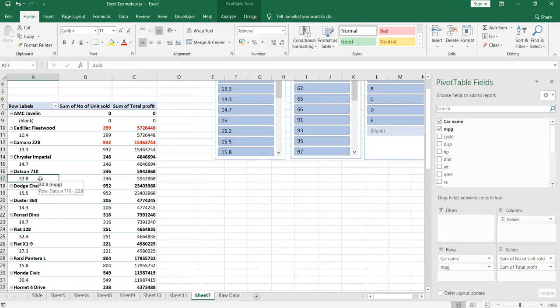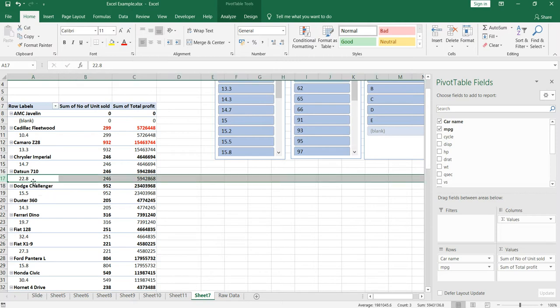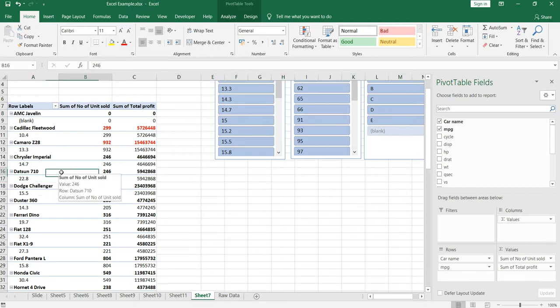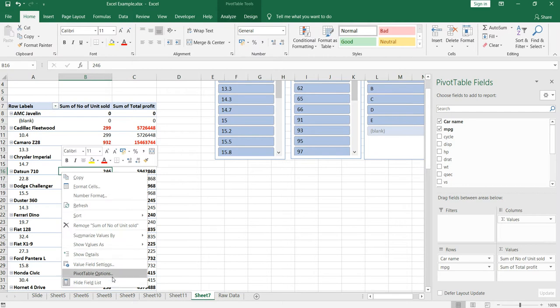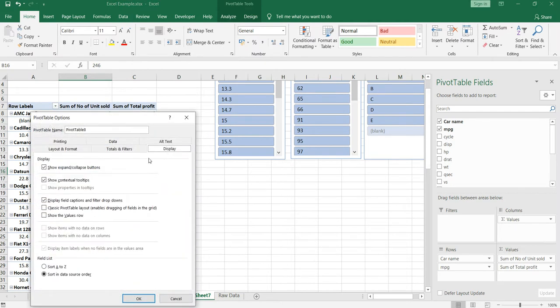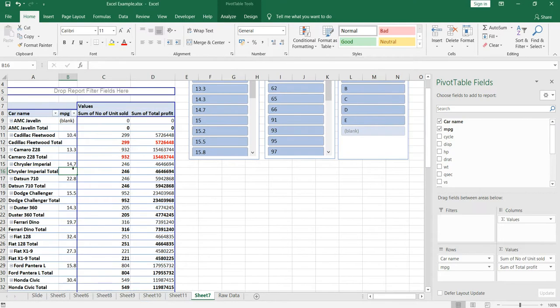In order to see this particular column in the next cell, what you need to do is select display as classic pivot table layout. If you select this and click on OK, then you will be able to see the car name and the MPG in the next corresponding cells, right?